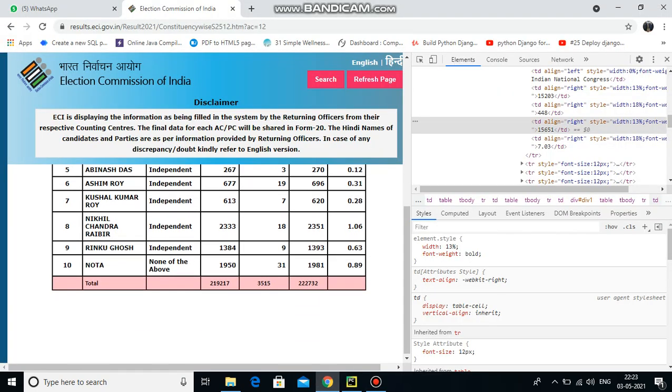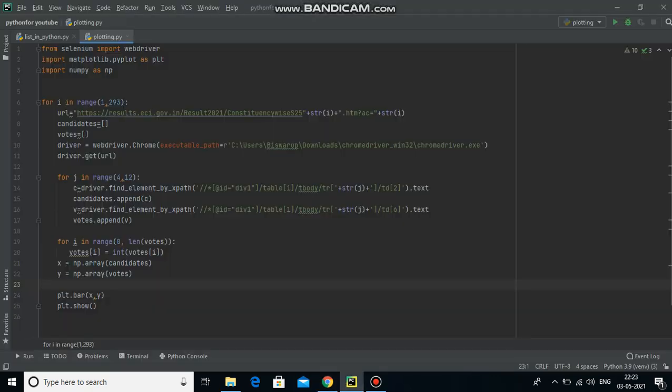So this way I have collected both the data, and then I have used this particular list, votes, and I have appended all the votes in the votes list and the candidate names in the candidate list.